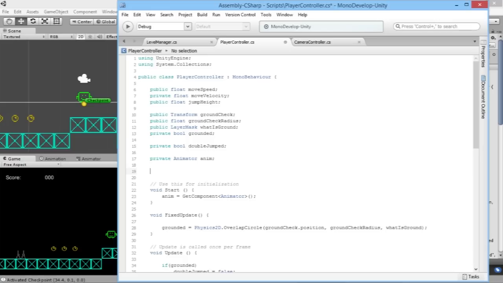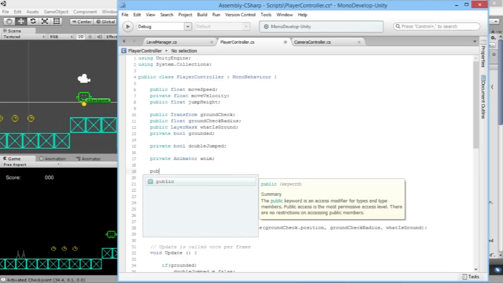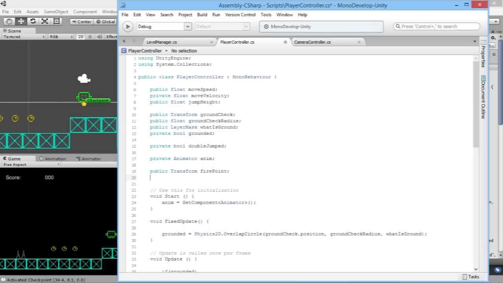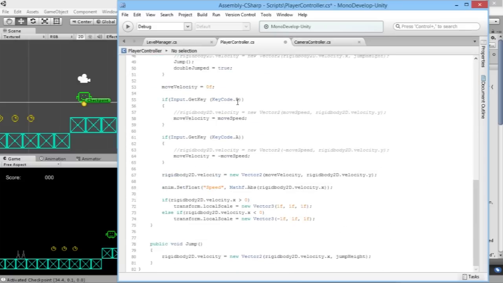So we need a couple of things here. We need a point for the player to shoot from, so we'll call that public Transform, let's call it firePoint, and we need the item that he's going to fire. So public GameObject, we'll just say ninjaStar. Perfect. So now what we'll do is we'll go after all the movement code that we have, and we'll go down to here and we'll say